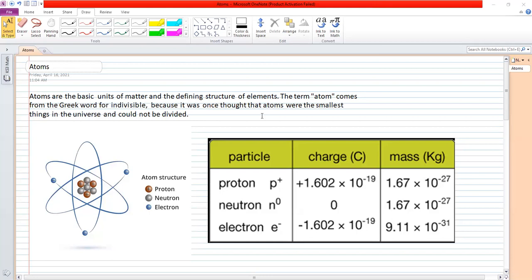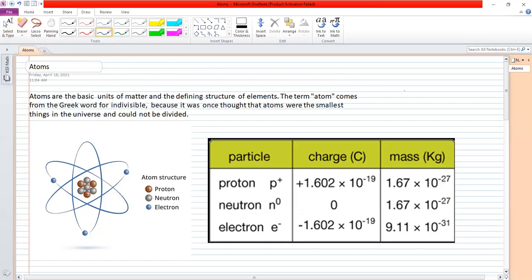Okay, good day. So today we will be discussing atoms. Now, when we say atoms, these are the basic unit of matter and the defining structure of an element. Now, the term atom comes from a Greek word. Now, the Greek word is